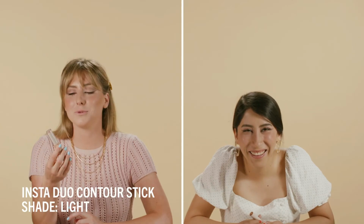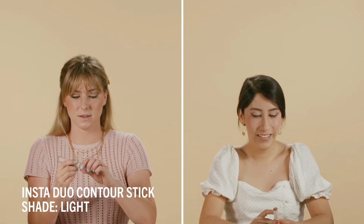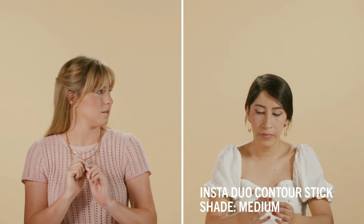All right, so to achieve this plumped up effect, what we're seeing a lot of beauty influencers on TikTok do is use contouring to deepen the effect of your lip. We're going to use the Insta Duo, the Dua Lipa contour stick. Of course, we're going to use the Insta Duo contour stick to achieve this effect. I am using the shade Light. And I'm using the shade Medium. We're going to do a little funny lip face to find that shadow right below our bottom lip. So I'm just going to go like,